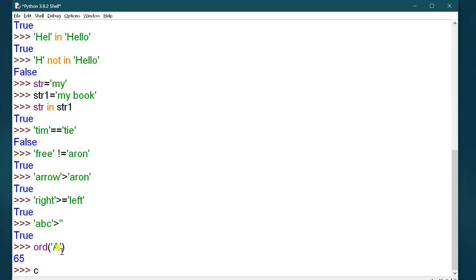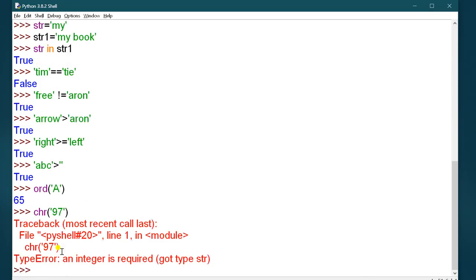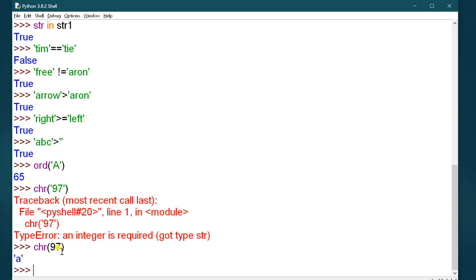You can also write it this way: if you want to check the character of a particular integer ordinal value, use chr, and it will give you the answer. I will not write it in a string, you just write it simply, and then it will give you the value A. This A is a string.